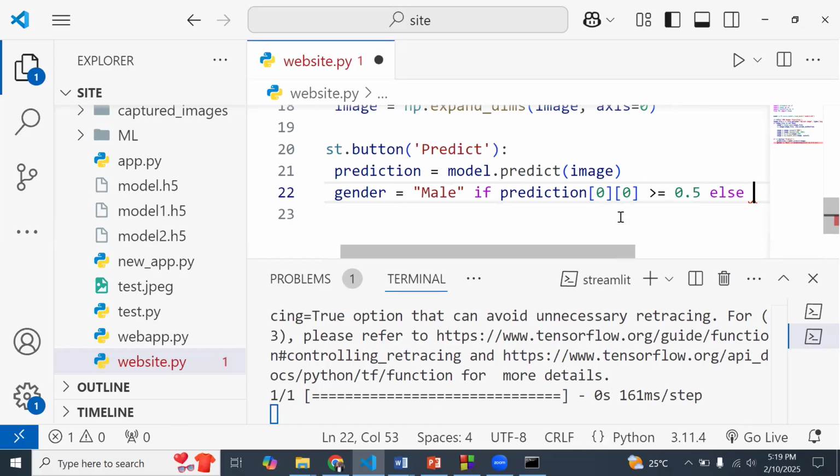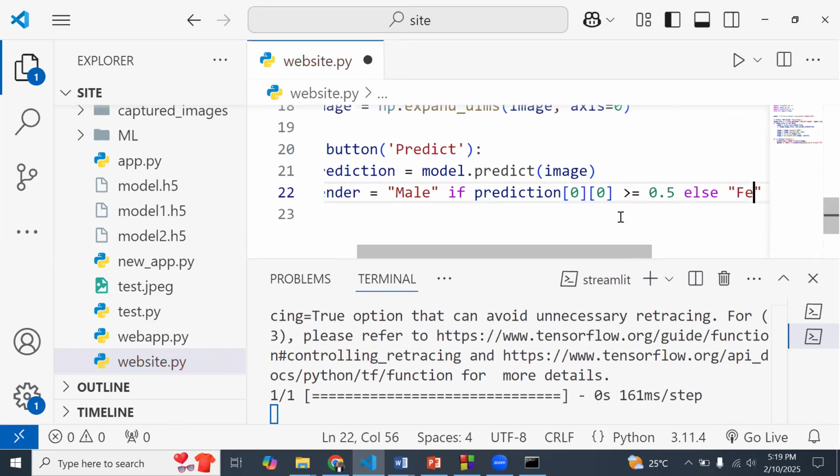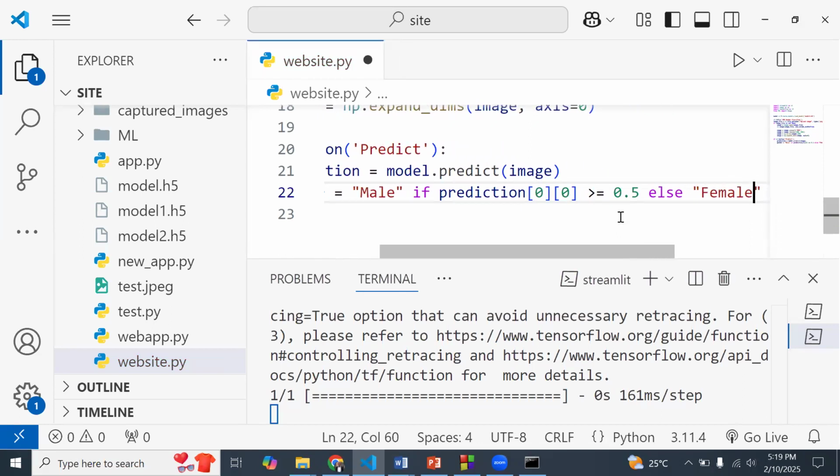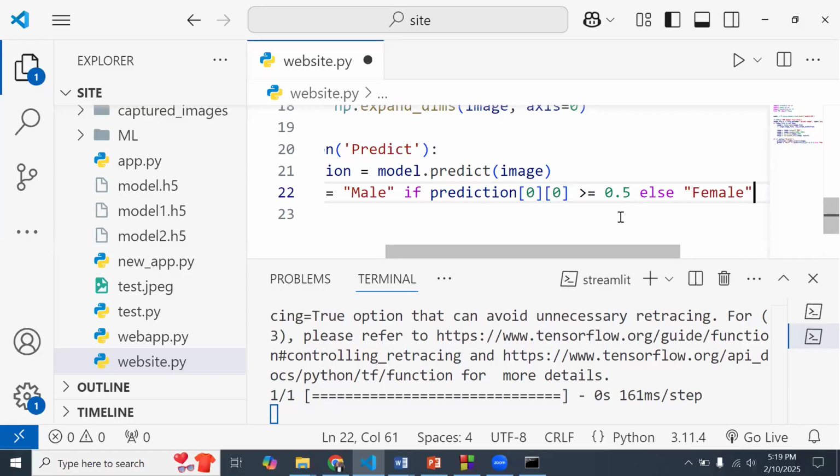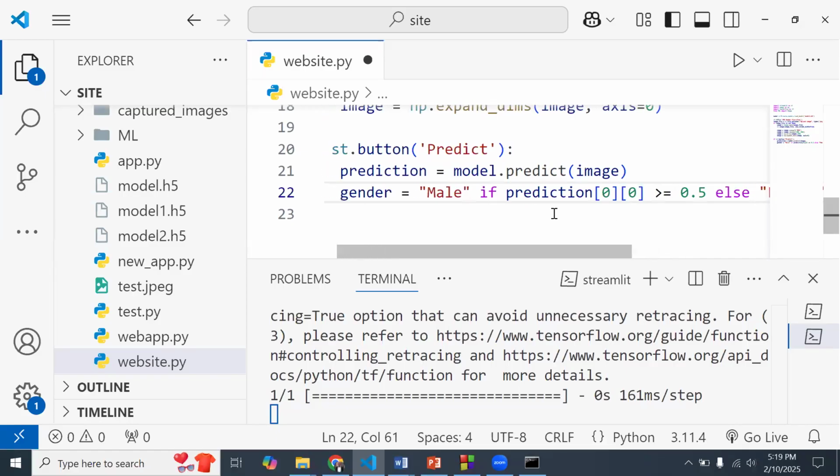Else, we are saying that it is going to be a female. So this is what we want in terms of the logic.